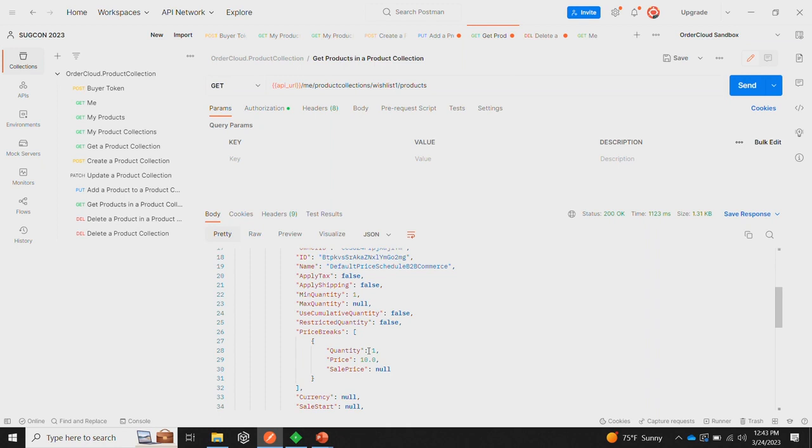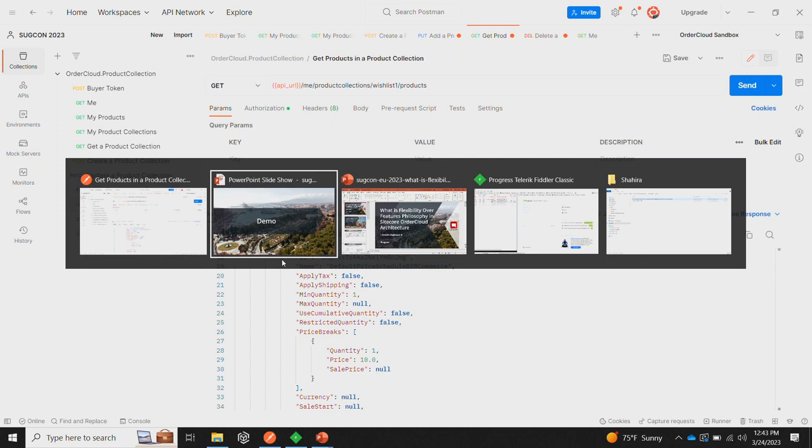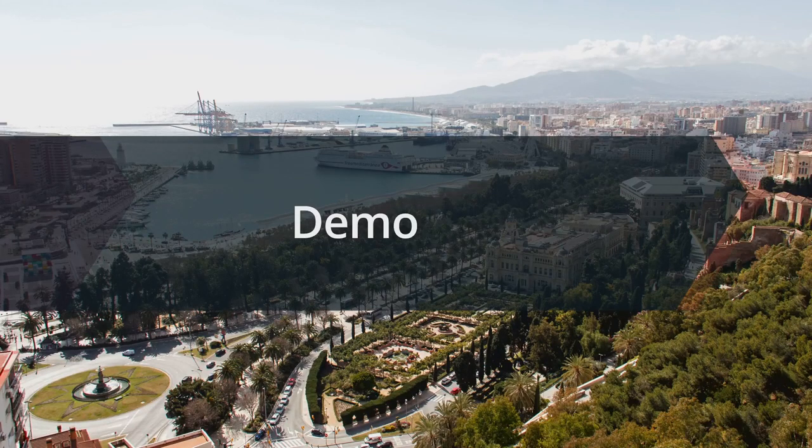So I can create different product collections for my different features. Now it's up to me how I want to customize my feature. So that's just a quick demo of how product collection works. But there is more to it, because although these are product collections and they work differently, they need some